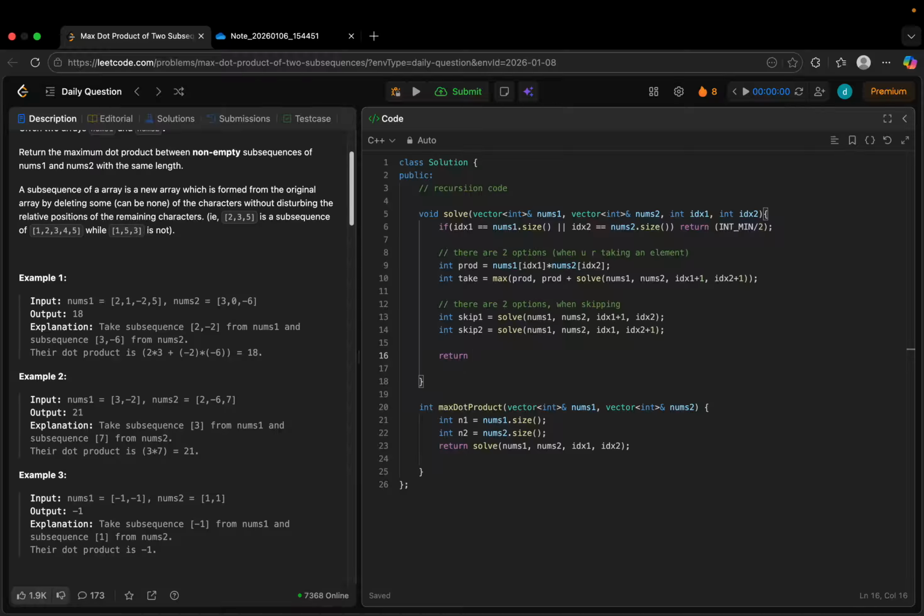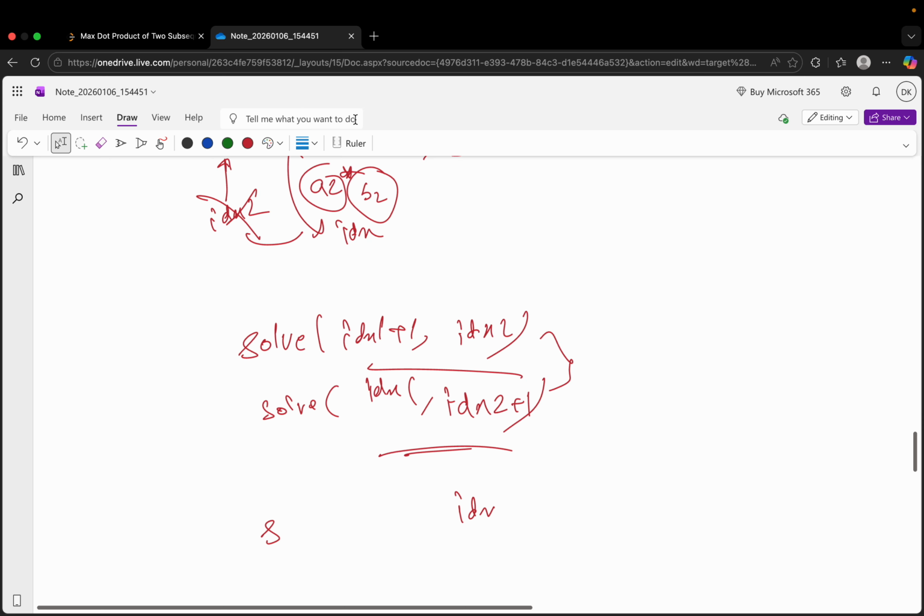It will just return. Now there are 3 cases if you see: take, skip 1, skip 2. Like here 4 cases: case 1, case 2, case 3, case 4. Case 1 is what? You start creating a new subsequence from that particular idx1 comma idx2, or you don't start creating, you just continue